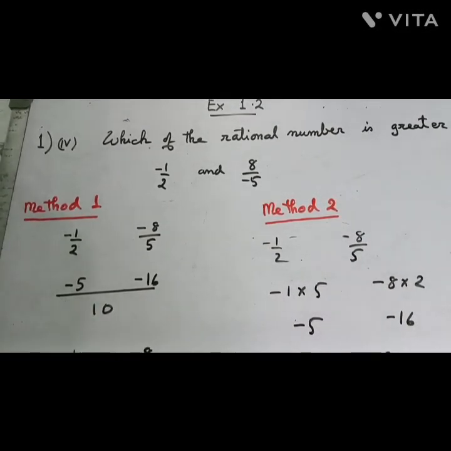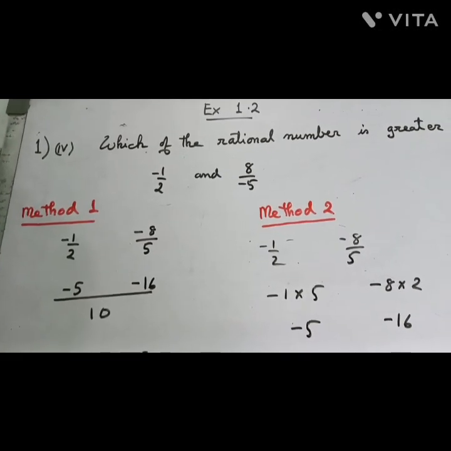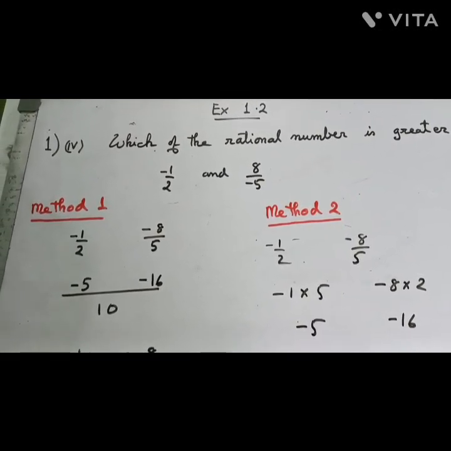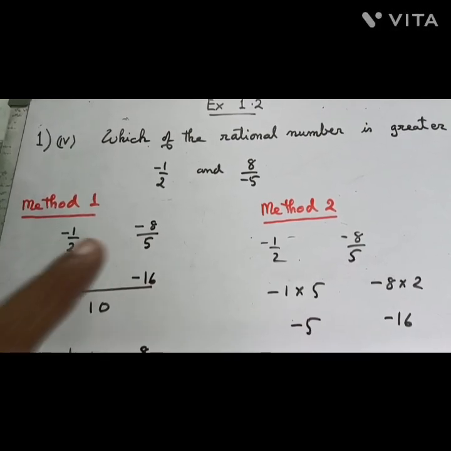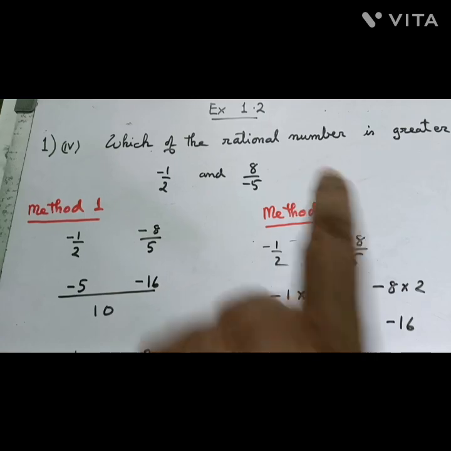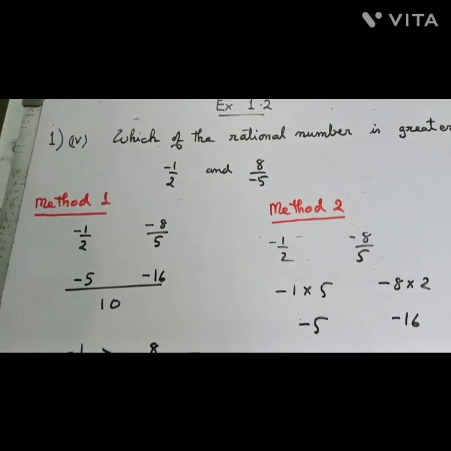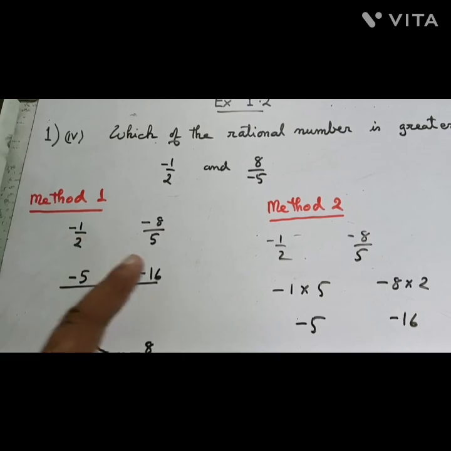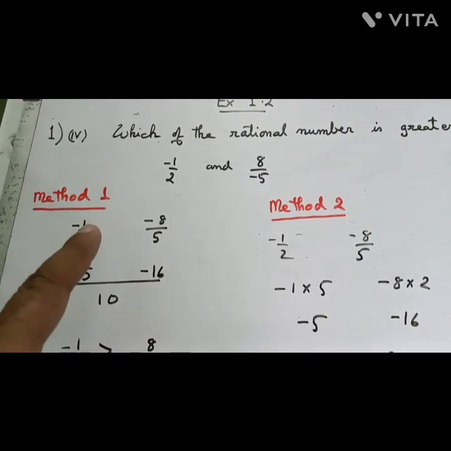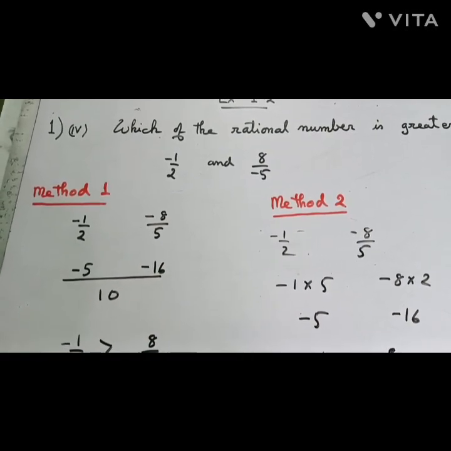So method 1, the first step in both methods, is to make the denominators positive. So minus 1 by 2, and as I told you, 8 by minus 5 you have to multiply by minus 1 by minus 1. So both the fractions now have positive denominators: minus 1 by 2 and minus 8 by 5. In method number 1,